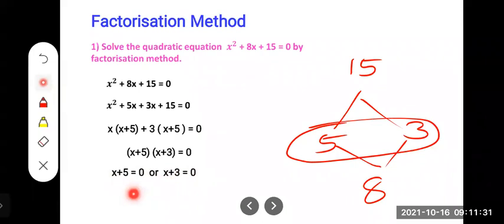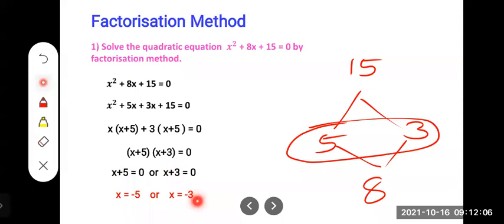You know, in the linear equation, we got 2 solutions, that means x value and y value. In the quadratic equation, also we will get 2 solutions, but for x only, we will get 2 solutions. Because x square is there, the degree is 2. So that's why we will get 2 solutions here also. See now, x equal to, plus 5 when it comes to the other side becomes minus 5. Clear, children? Or x equal to, this plus 3 comes to the other side, it becomes minus 3.